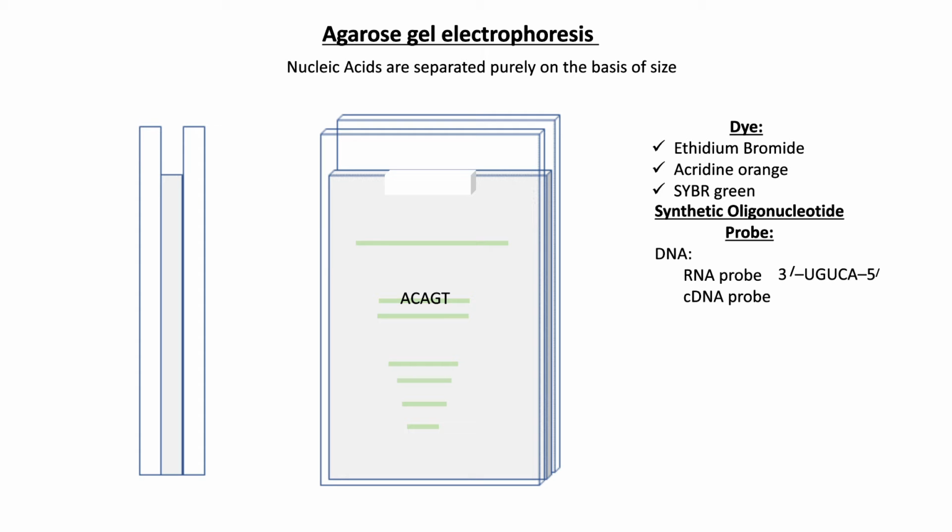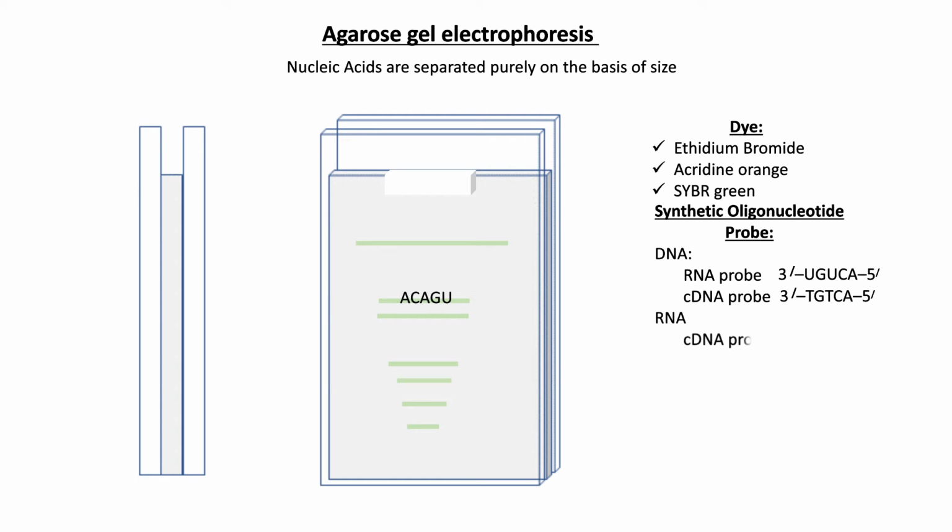We can also use a cDNA probe. cDNA stands for complementary DNA, and the sequence of complementary DNA is read from 5' to 3' direction. ACTGT. I have written it in 3' to 5' direction so that you can easily match it with this sequence, but actually it is read in 5' to 3' direction. Okay, so ACTGT, that is the sequence of cDNA. So for DNA, we use two types of synthetic oligonucleotide probe, that is RNA probe or cDNA probe, which is complementary to the sequence of our interest.